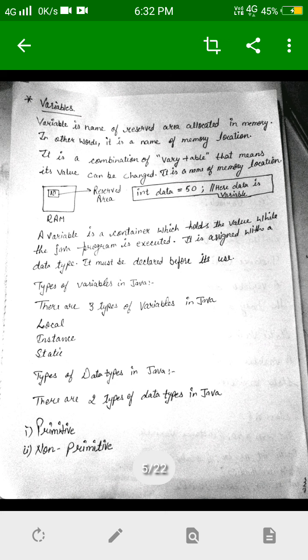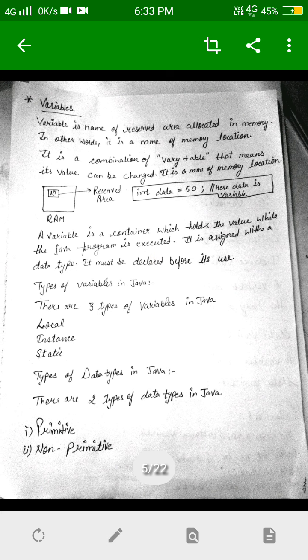A variable is also a container, because in this variable we are storing some value. Int data is equals to 50 means the value 50 is stored inside the variable data. A variable is a container which holds the value while the Java program is executed.